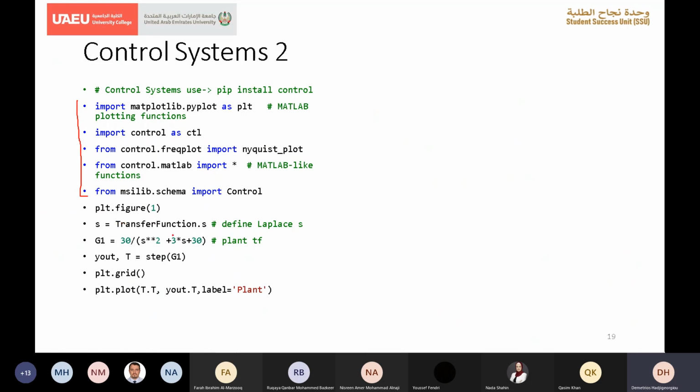Now here, again, because we're using some of these nice features from the libraries, what I'm doing here is using transfer function, and again, you've got to make sure the case correctness of the name is correct. I'm creating a Laplace variable S, if you like, or Laplace S. And then I can use this S in a transfer function to create a transfer function. So what I'm doing, my G1 of S is this particular transfer function,